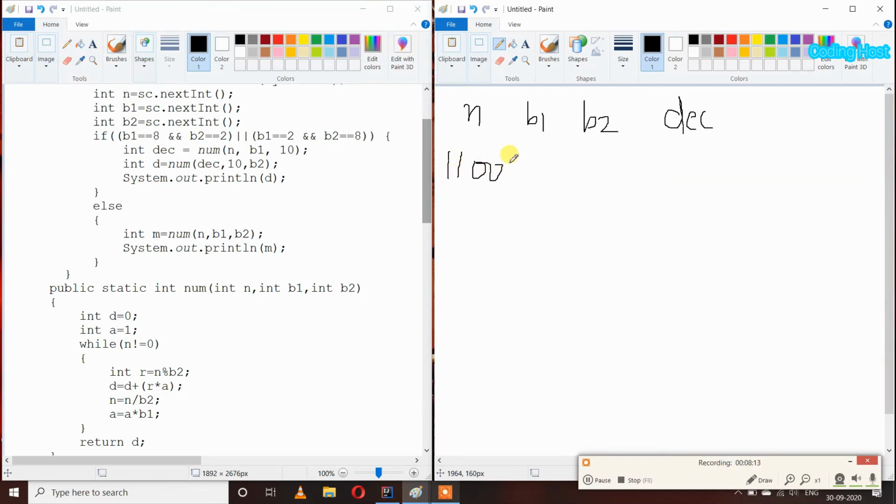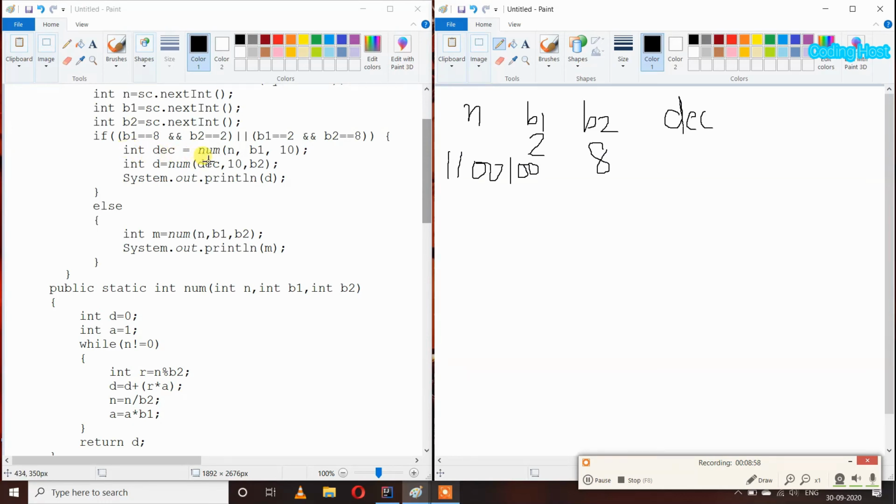Another example, in the n variable I will enter the binary number 1100100, and its base is 2 and the destination base is 8, because we want to convert the binary number into an octal number. So in the if statement it will check that base 1 equal to 2 and base 2 equal to 8. So our condition is true, and it will execute int dc equal to num.